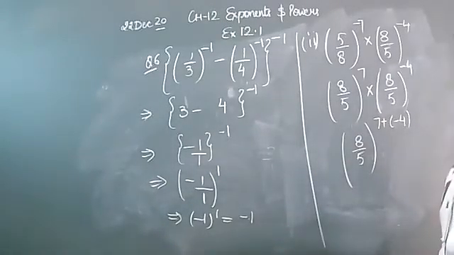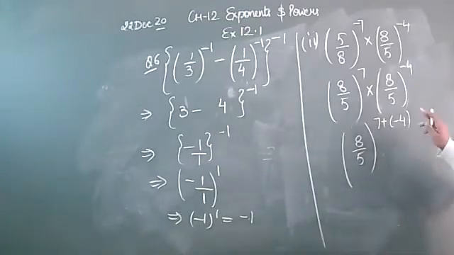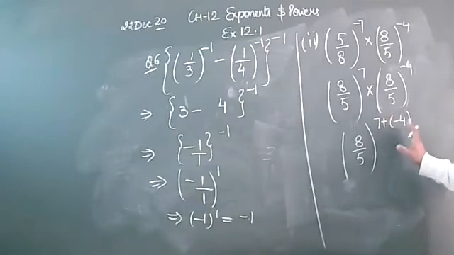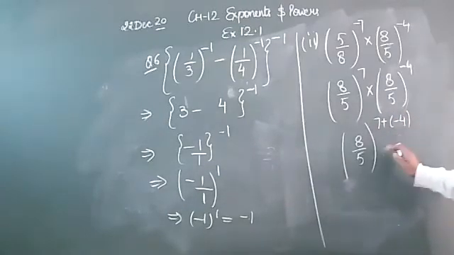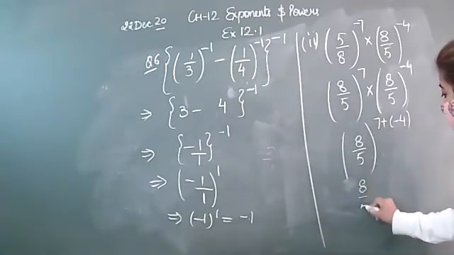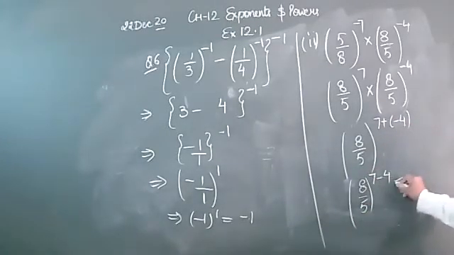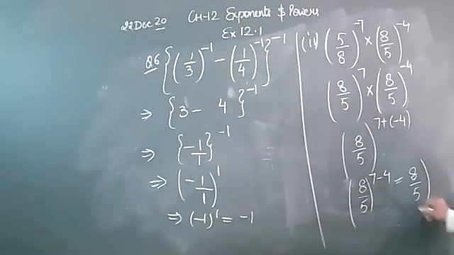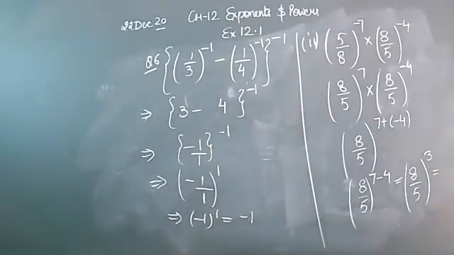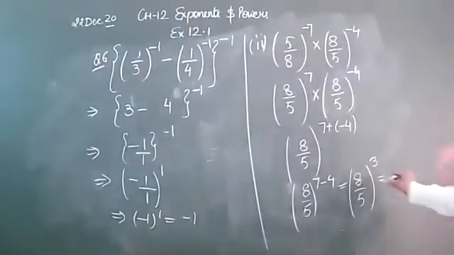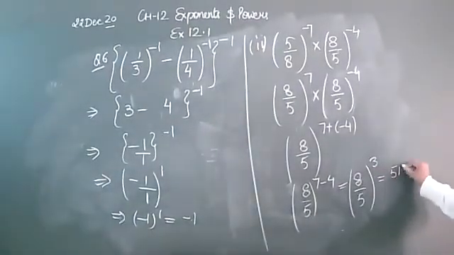In this case, you will simply open up the terms and cancel it out. But if you want to use the law here, this trick should be known to you. Now 8 upon 5, when you subtract it, this will give you 7 minus 4, that is 8 upon 5 raised to power 3. Question is of simplification, then you will multiply this 3 times. If you make the cube of 8, that will give you 512.